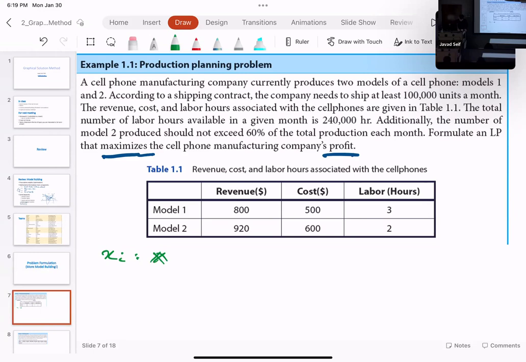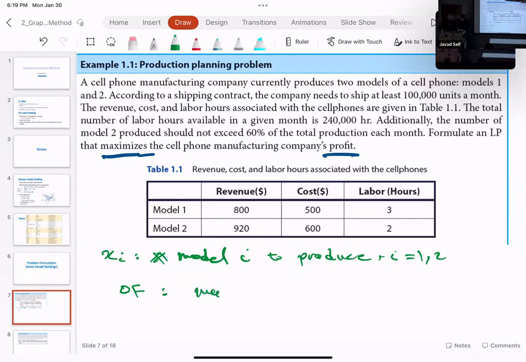So, number of model i to produce, and i is 1 or 2. So x1, x2. x1 is the number of model 1 to produce, x2 the number of model 2. And then the objective function, that's it,